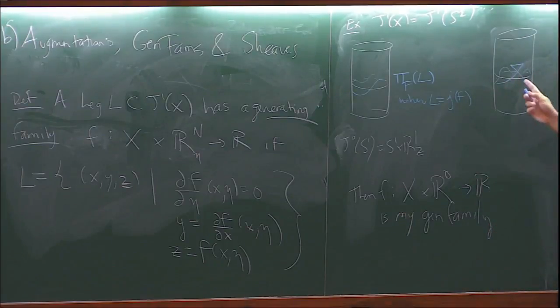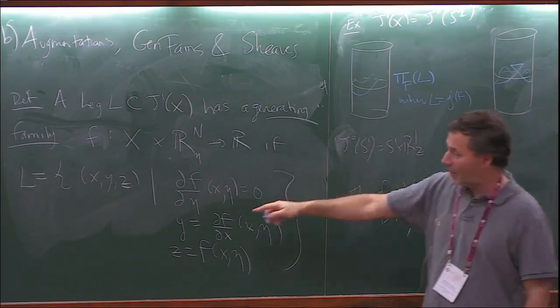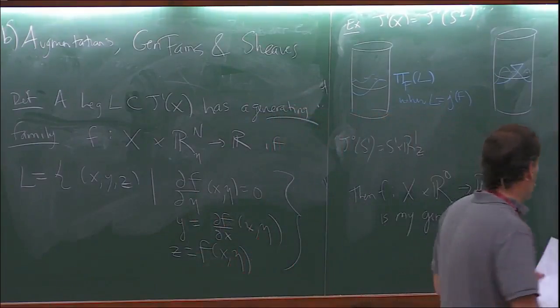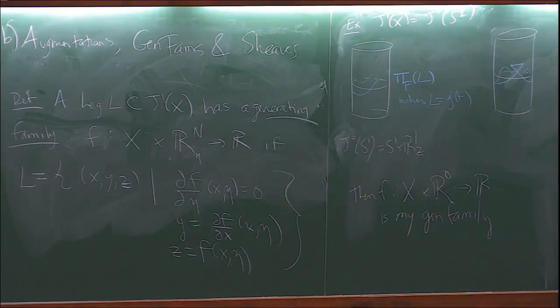Okay? Now I can't write this as the graph of a function because it would be 3 to 1 here and 3 to 1 there. I can still write it as the graph of a generating family of functions, where basically, and remember the